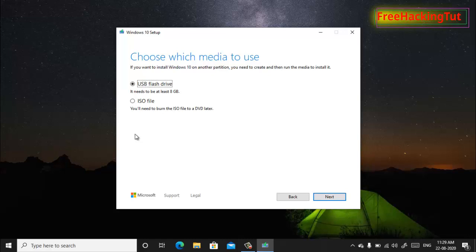So if you want to directly copy your Windows 10 files to a USB pen drive, then you can use this option. Or if you want to download as an ISO file so that you can create a bootable pen drive later on, then you can select this option and click next,